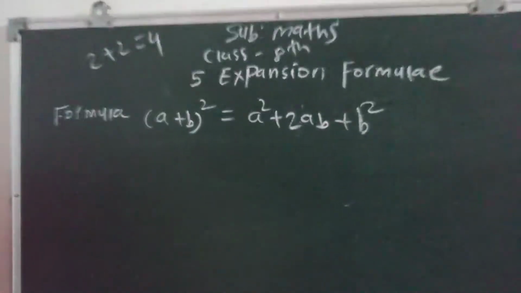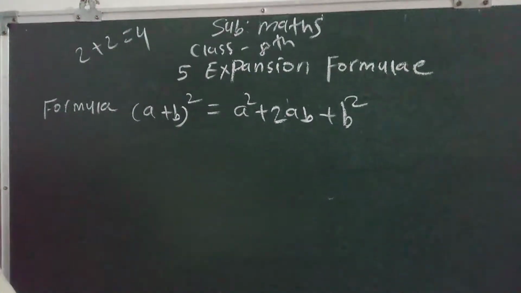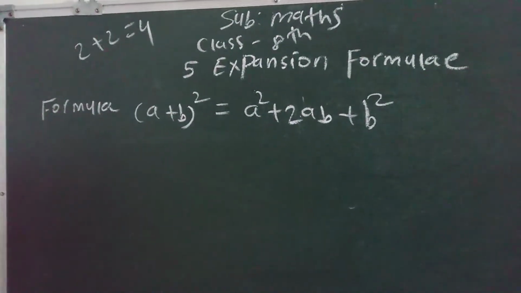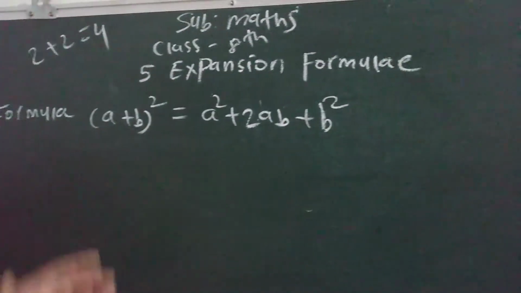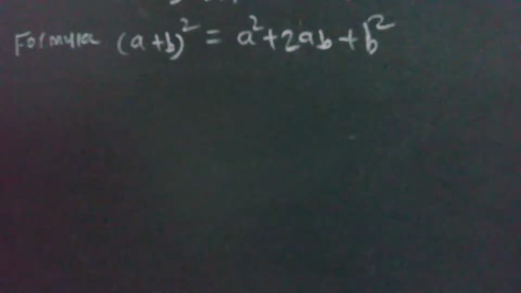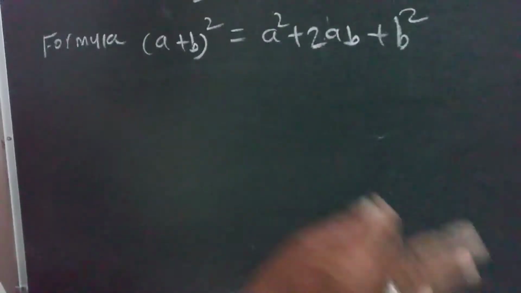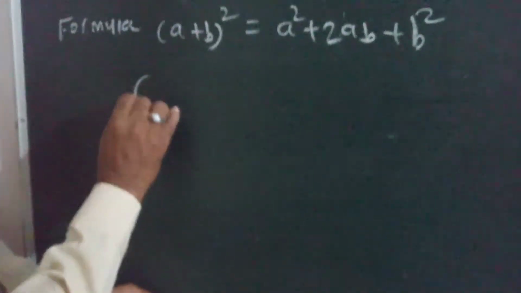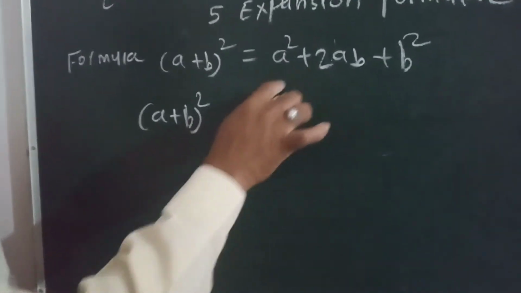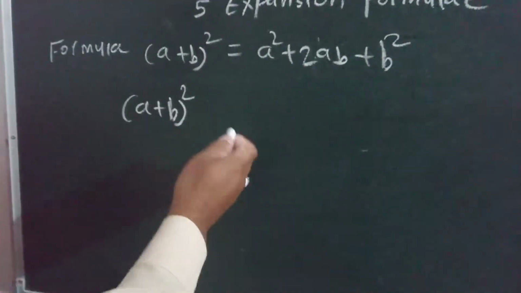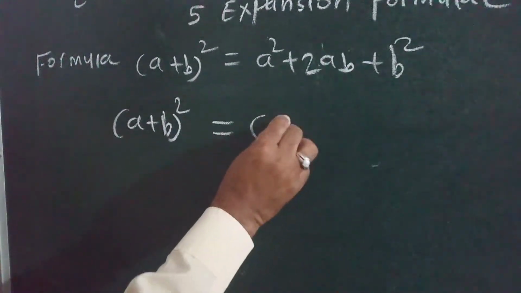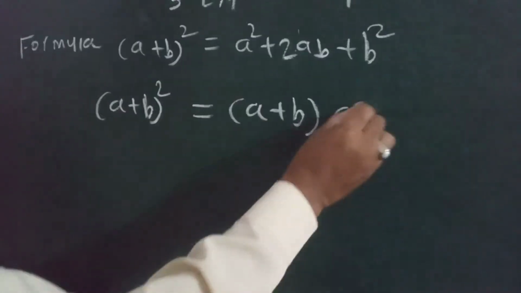So dear students, we already studied the basic concept of addition and multiplication of algebraic expressions. Using this concept, we can create this formula. So (a plus b) whole square, how is this formula formed? We know, students, that (a plus b) whole square means we can state the bracket a plus b 2 times.